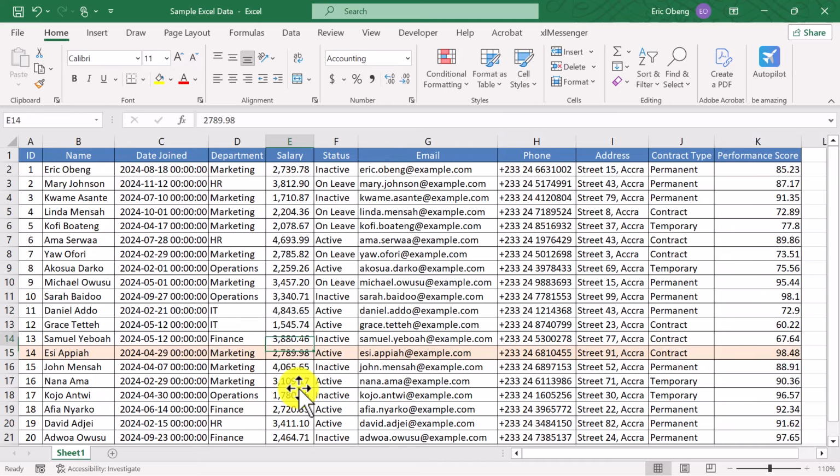This trick is super useful if you're dealing with large Excel sheets and want to quickly spot your current working